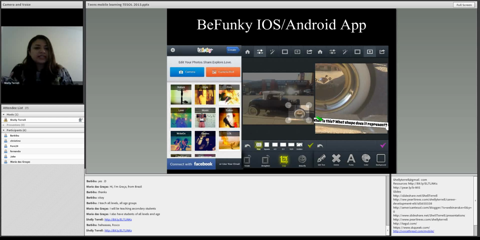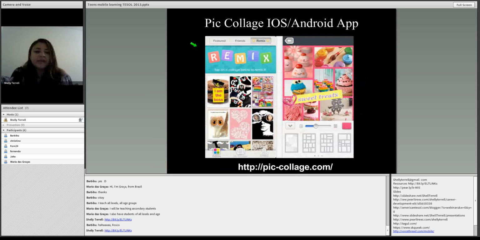Those are my teens in Slovenia. So you have a visual dictionary going on Instagram. You can have different digital stories. You can have memes. So things like Muzi, the Muzi app will give you templates so they can have memes that they can create. You do have to be careful about Muzi. Imagechef is good.